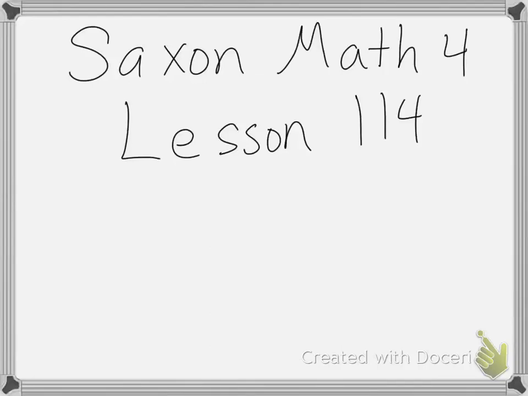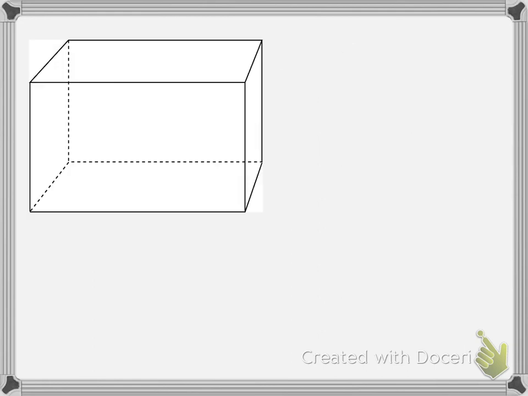Today's lesson is lesson 114, identifying the faces, edges, and vertices of a polyhedron, and then sketching geometric solids. Yesterday we saw 7 different geometric solids. Do you remember which ones are not polyhedrons? It's the cylinder and the cone, because those have round sides, and polyhedrons have to have just flat sides. This is a rectangular prism, and the flat side